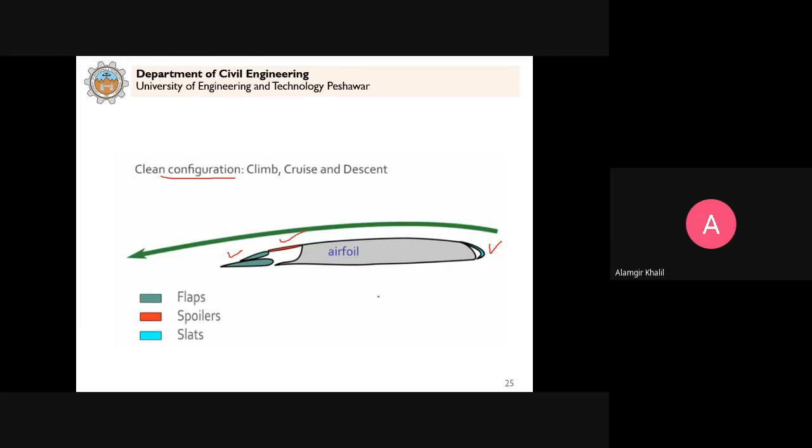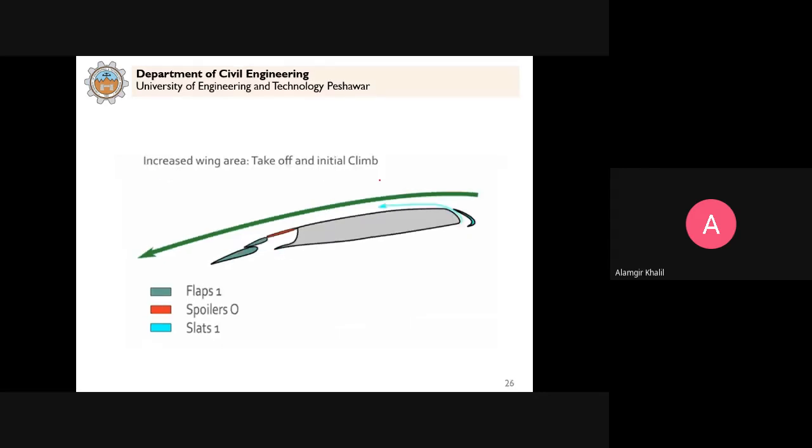We will not go into detailed aerodynamics. Aeronautical engineering is more concerned with this, but just to understand how it works, we quickly and briefly go through it. So this is a situation that you can use for climb, cruise, and descent. Then increase wing area during takeoff and initial climb. Clear? You can see here, during takeoff, this flows here and it will avoid the boundary layer separation, reduce the